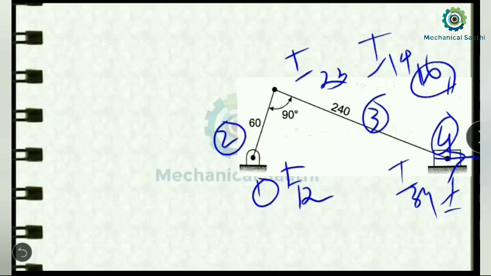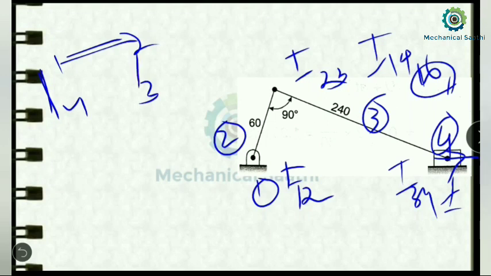I24 we can locate by using this rectangular method again. We need to consider these two points, I12 and I14, and draw a straight line, and again draw a straight line using the two points I23 and I34. Then the intersection point of these two lines will be our instantaneous center I24. So let us try to do that.